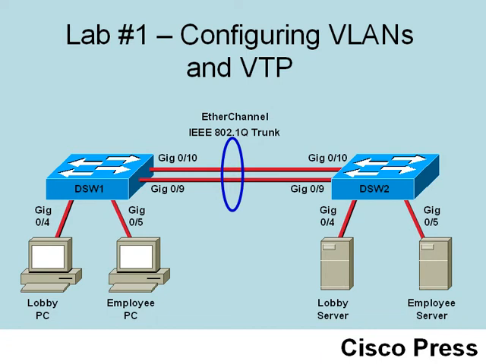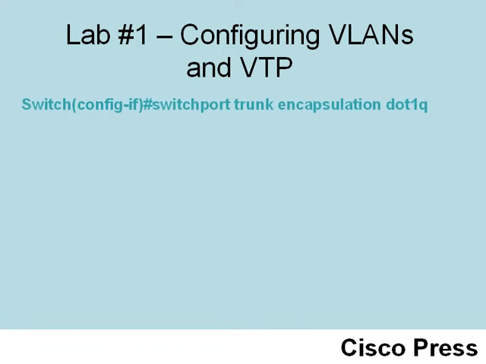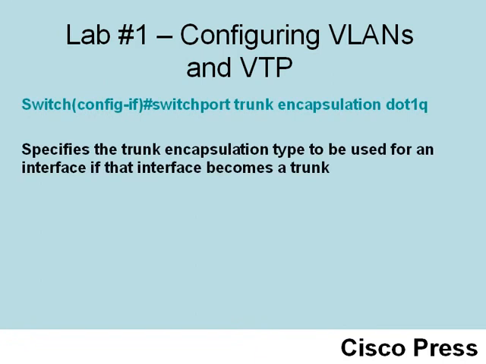And specifically, we want to create an IEEE 802.1Q trunk, as opposed to something like Cisco's proprietary ISL trunk. Here's the syntax that's going to allow us to do that. In interface configuration mode, we're going to specify the encapsulation type. We're going to say switchport trunk encapsulation dot1q. But to be technically accurate, please realize that dot1q is not actually encapsulating the original frame. Dot1q is adding 4 bytes, 4 tag bytes, to the end of that frame. So it's not technically encapsulation, but we are using this command to specify the trunking format that we want to